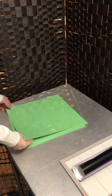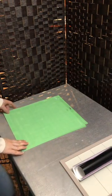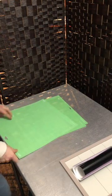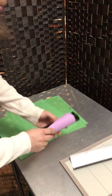So I'm gonna go ahead, and one thing that I find helpful is if this end is stickier than this end, you can absolutely flip it up, use this as the top, and put it through. It'll still work just fine. So I'm gonna start with my black,